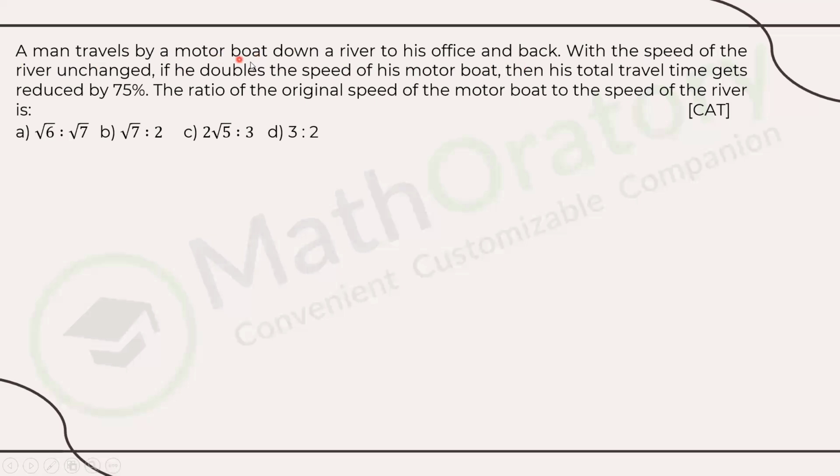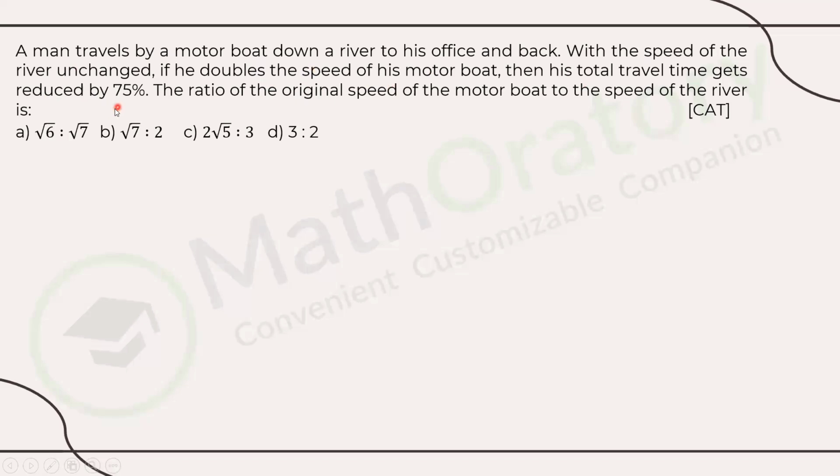Great. So whenever you have a motorboat down a river, more often than not, it will be something related to upstream, downstream problems. With the speed of the river unchanged. So as I mentioned, the speed of the river will come into play if you have an upstream, downstream problem. So the speed of the river unchanged. So some different scenario we are getting into. If he doubles the speed of his motorboat, so he is doubling the boat speed. So the river speed is unchanged and the speed of the motorboat is doubled, then the total travel time gets